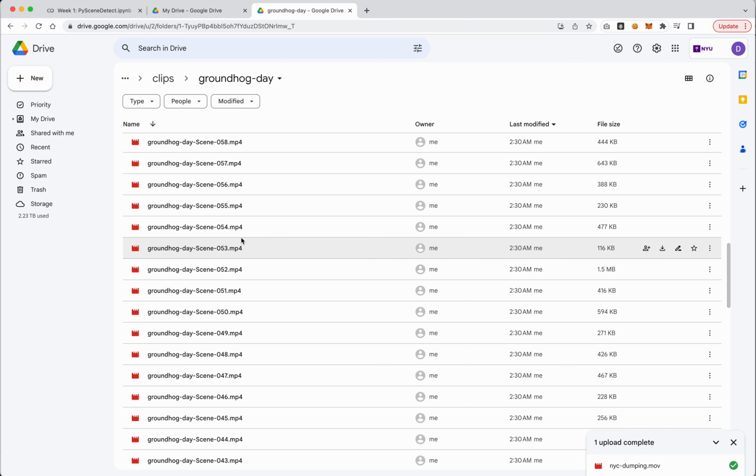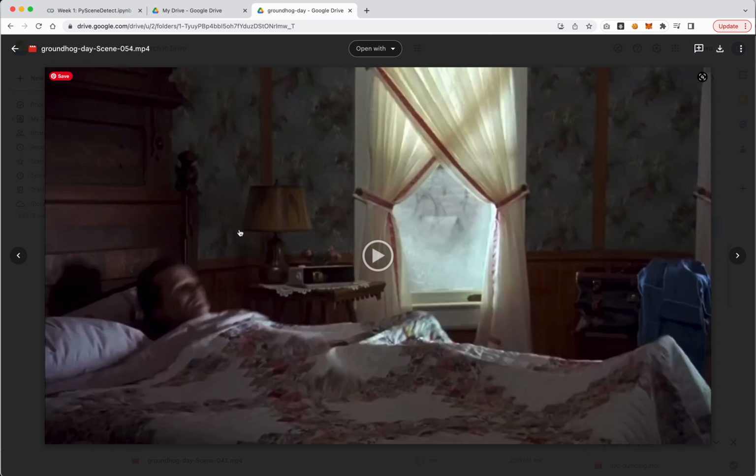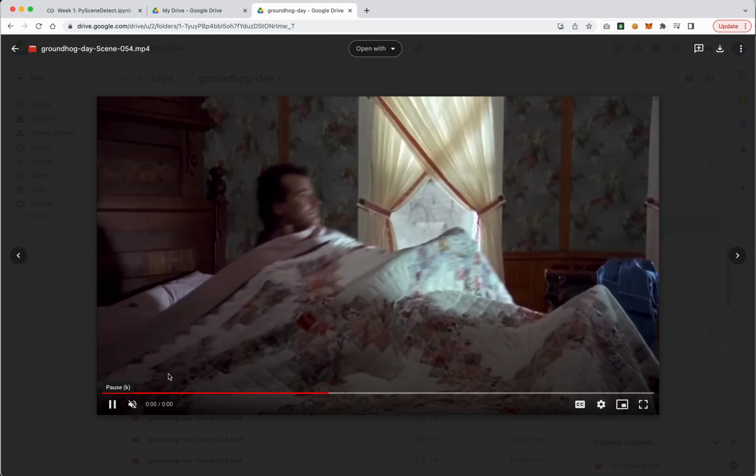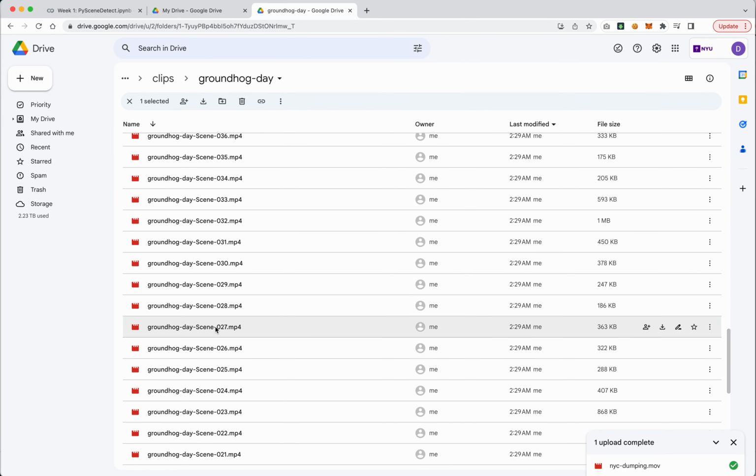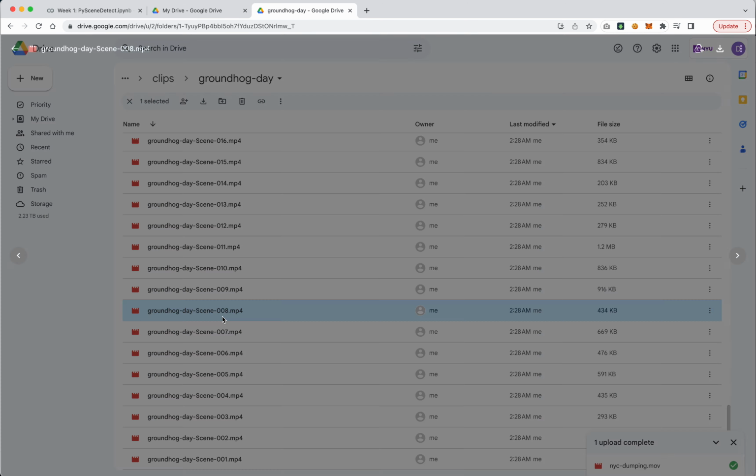And then if we just click on these, we shouldn't see any breaks, right? So that looks pretty good. We shouldn't see any cuts in this. Yep, that looks good. I'm just going in and randomly sampling some of these. I actually think this one's going to look really fun. I'm kind of excited to see how this looks when it's all put together.